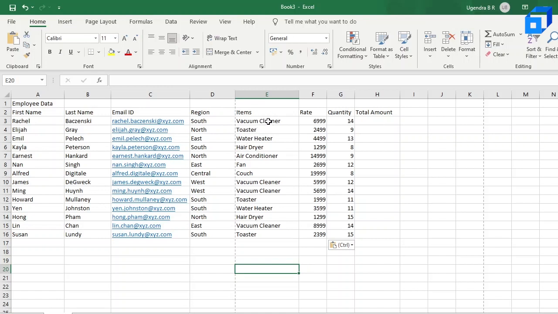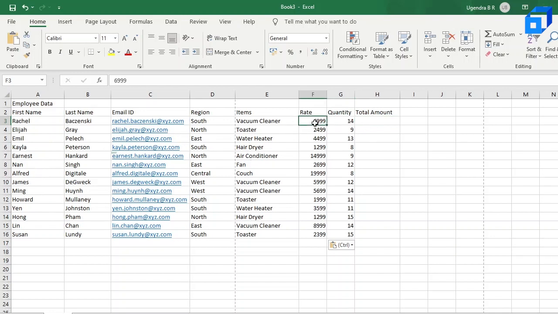Items consist of vacuum cleaner, toaster, water heater, hair dryer. So basically this is a home appliance company dataset, and the rate of each item is, for vacuum cleaner, around 6,999, and the quantity or the number of units sold is around 14. So this is the dataset which we'll be working on.